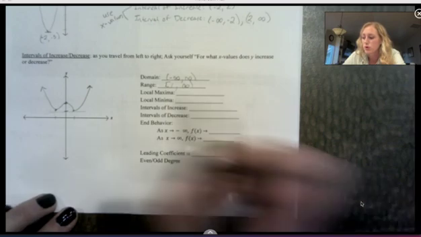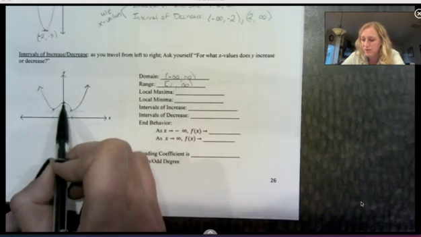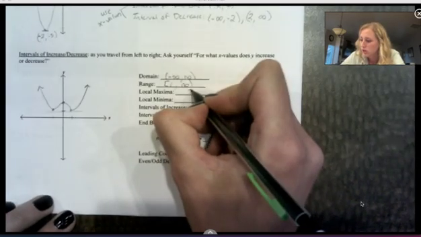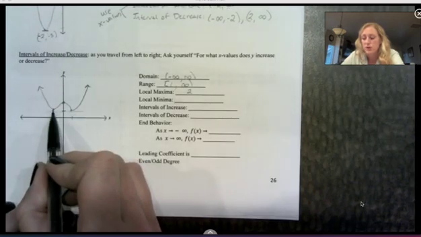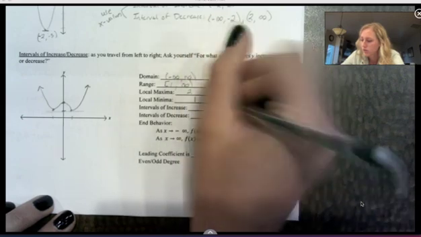So our local maximum is anytime we have a hill. So I have a hill right here that has a y coordinate of 2. Local minima, so we have 2 of those, but they both occur at the same y value of 1,